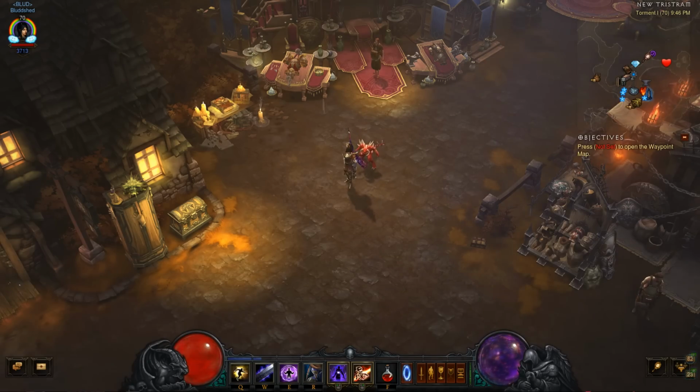Welcome to the Wizard Starter Build for Diablo 3, patch 2.6.6 and Season 18. Now this is based around the Delcir set, the DMO set. Timestamps will be in the description and hopefully the top comment if I remember,